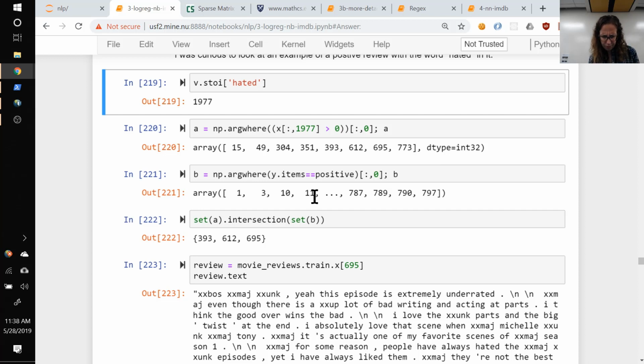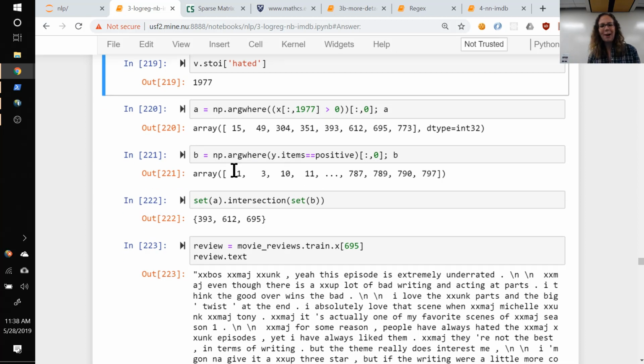Then I got all the positive reviews and I took a set intersection of those two things. So got all the reviews that have the word hated, saw which ones of those were positive. It was these three